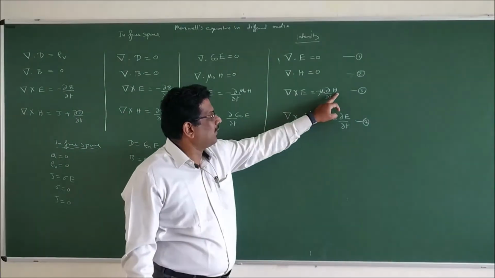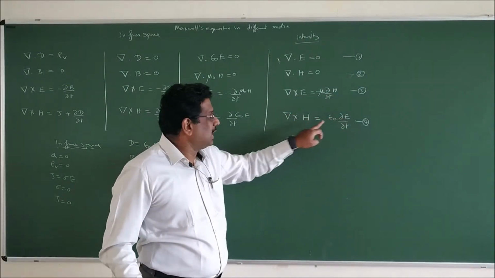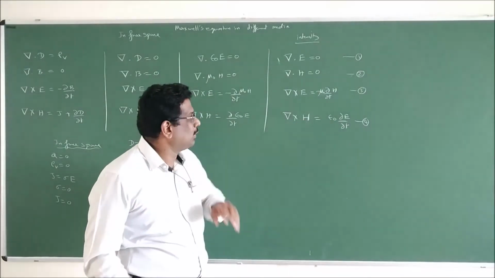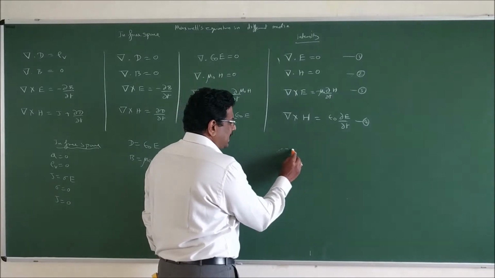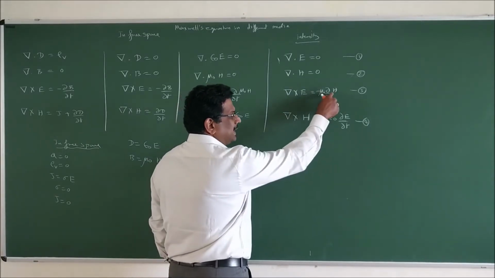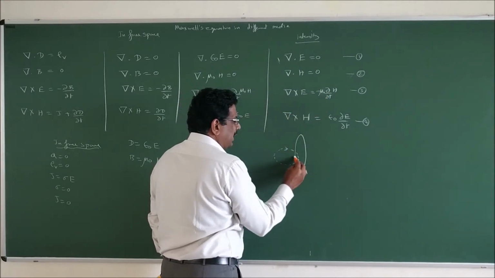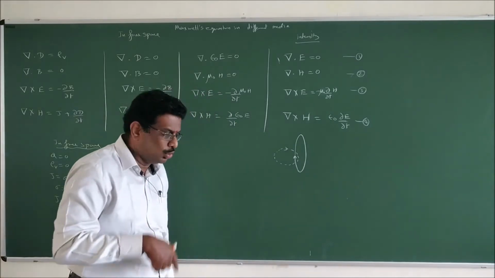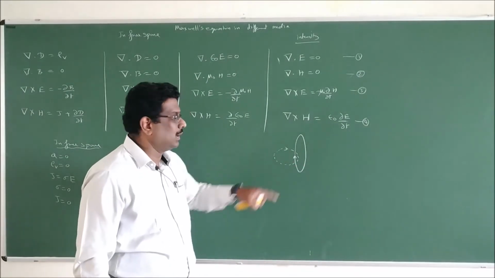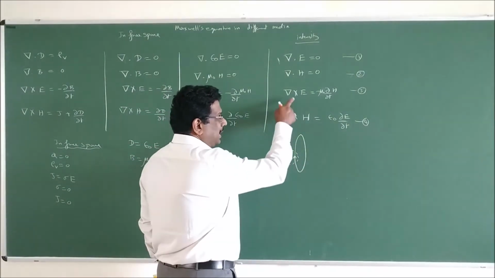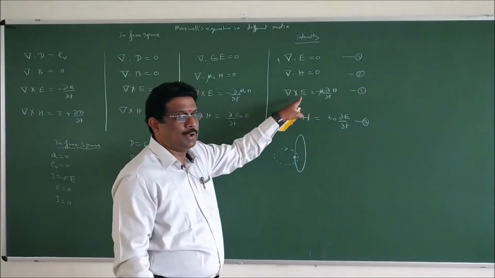From equation 3 and 4, what is the conclusion? If there is a magnetic field, it gives you the curl of electric field; if there is an electric field, it gives you the curl of magnetic field. So there is a magnetic field, H is nothing but magnetic field, that is going to give you a curl of electric field. The magnetic field forms a loop, and the electric field, in time varying condition, also forms a loop. Both are perpendicular to each other because of the cross product. Cross product says the result is perpendicular to this. H should be perpendicular to E.